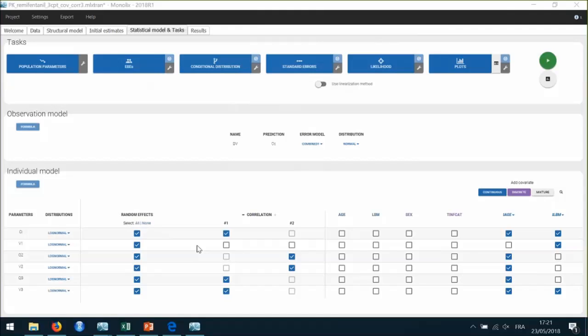The data set is exactly the same as the one used in the paper. And basically, the final model that we find is very, very close. I think there is one parameter-covariate relationship that is slightly different, but all the rest is really very, very close, both the parameter estimates and the influence of covariates.